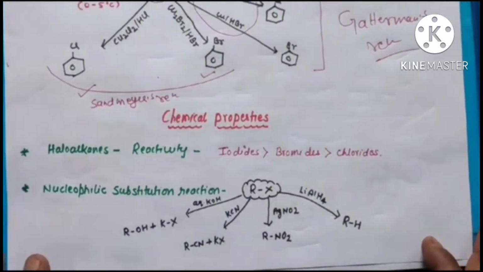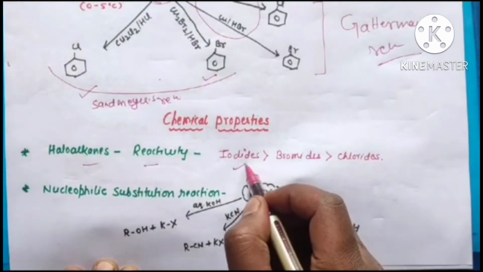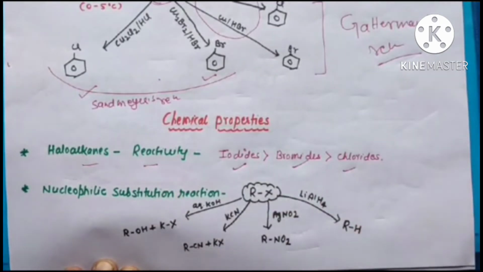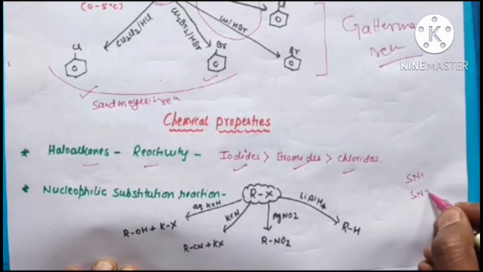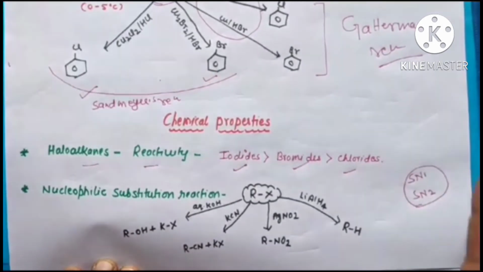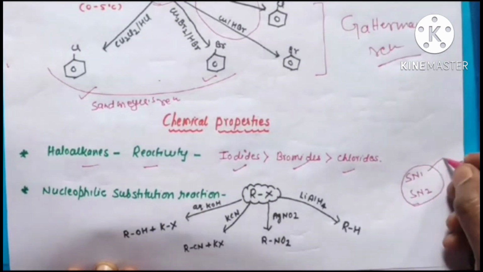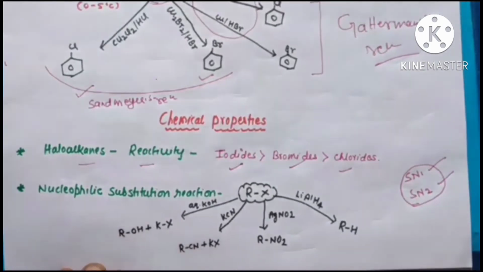As you know, the reactivity of haloalkane, alkyl iodide will be more reactive than bromide, then chloride. So similarly, it will show some kind of nucleophilic substitution reaction. Always remember, go to the mechanism for SN1 as well as SN2 reaction in the description box in the playlist of haloalkane and haloarenes. There I have explained the details of SN1 and SN2 mechanism in a simple way. So go through it, then you can easily understand these reactions.